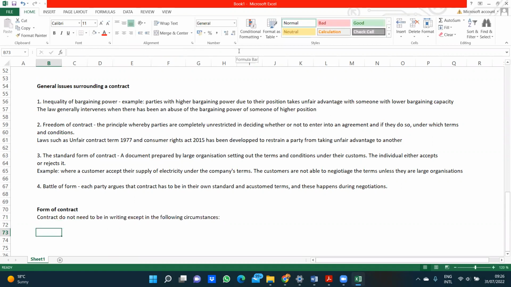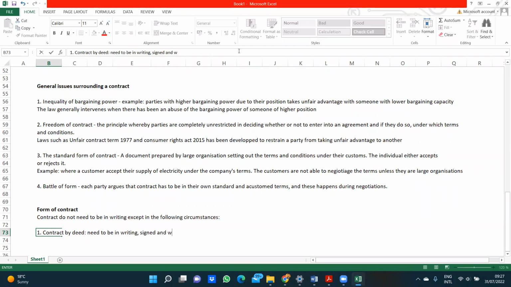Example, contract by deed. Needs to be in writing, signed,